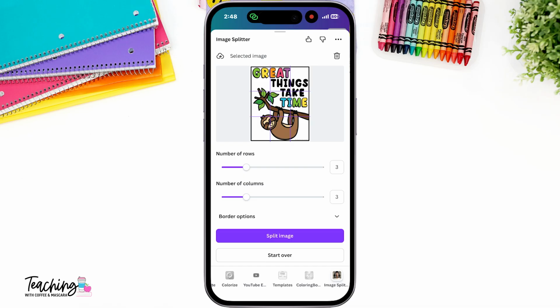And so I'm thinking about it kind of in that size, if that's how big I want it to be. If you need it to be a certain size, I have another video that I will link right up here, and you'll probably want to use this website instead. All right, so you'll pick how many rows and columns you want, and then we're going to click split the